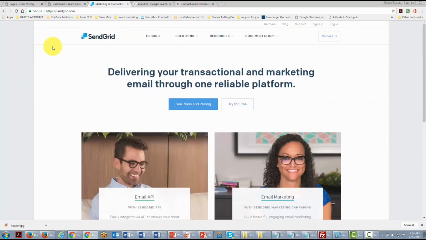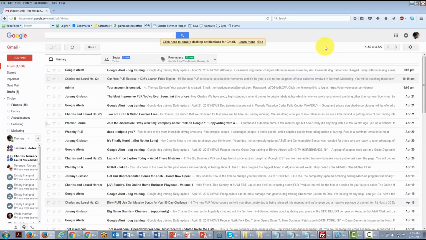There are workarounds, and there are companies like SendGrid that will allow you to connect their server to your WordPress site so that your emails from WordPress will get delivered to your customers. However, this is not 100% foolproof, but there is a way around this in that you can set up a